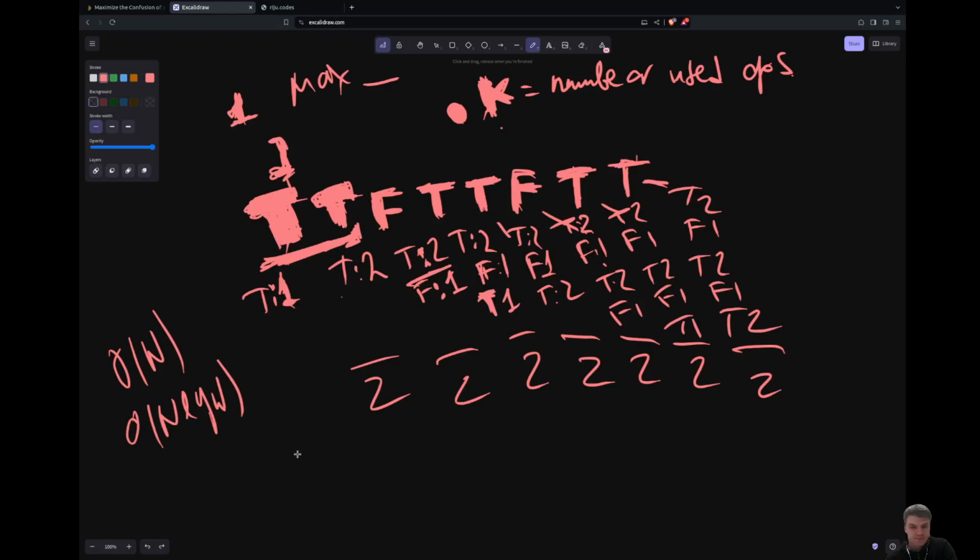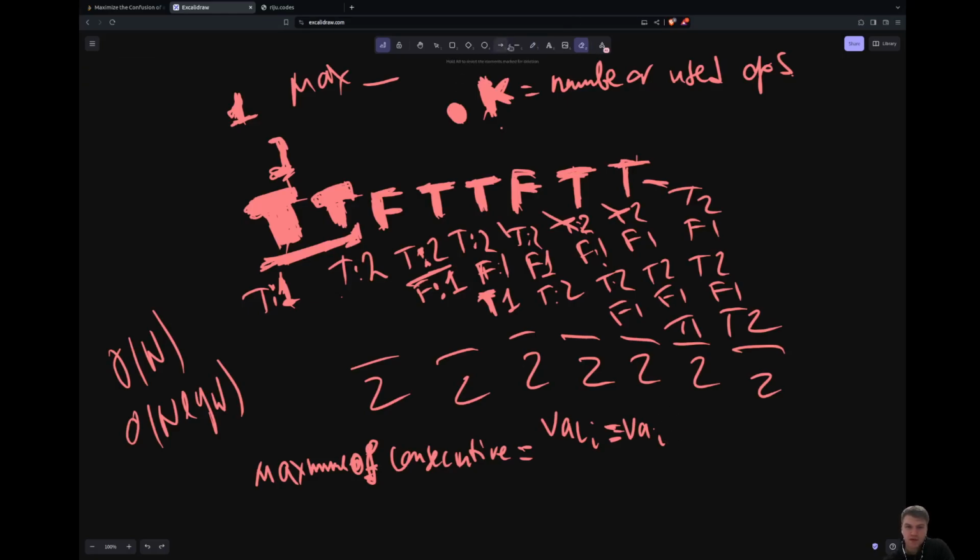So say we have the max number of consecutive equal to x now, if the value equals value plus 1 or minus 1. If it's equal at the end,